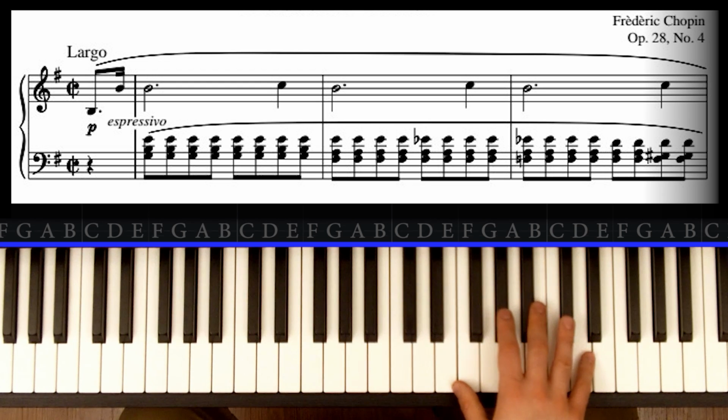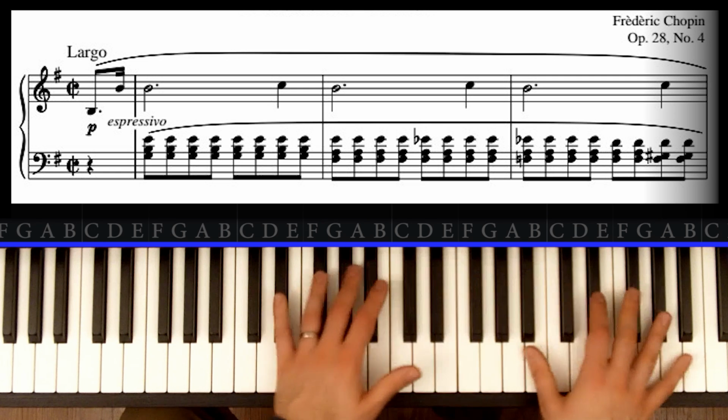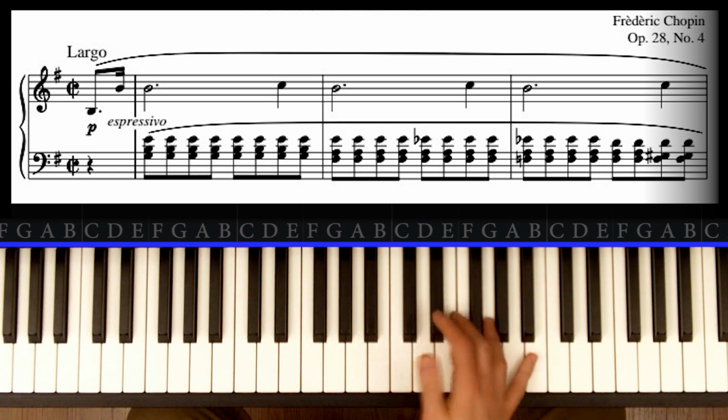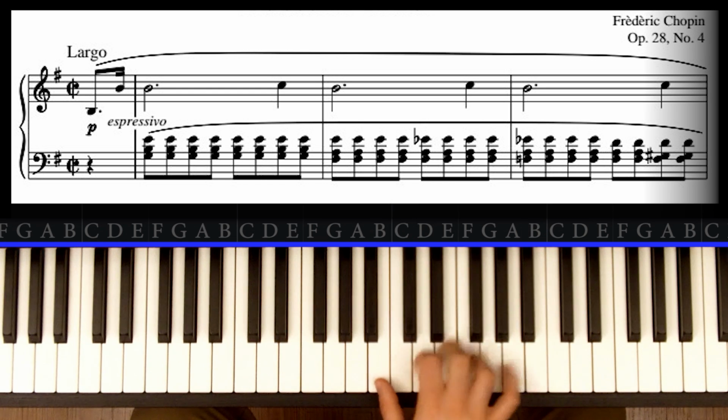All right, so the way to learn this first video, and this is going to be broken into probably two videos, two, maybe three, but probably two, is to just look at the right hand first. And now that you've got that in your ear, it will hopefully make a little more sense. But that first measure, you've got a pickup, and it's two B's in octaves. So this is middle C, so the B right below middle C,